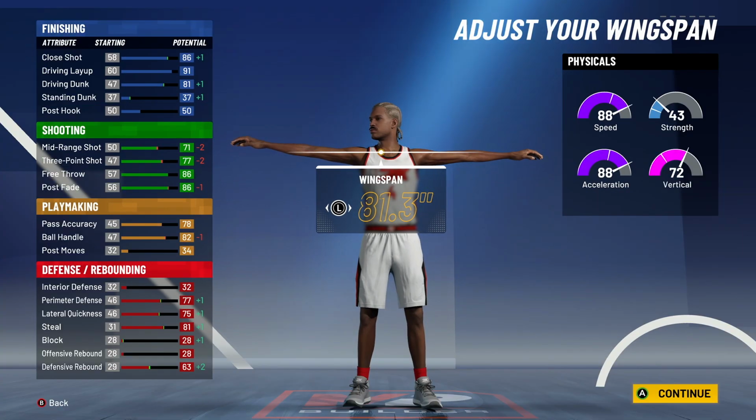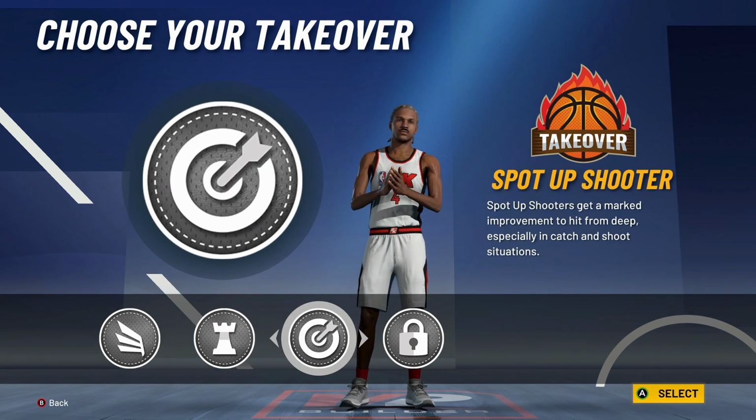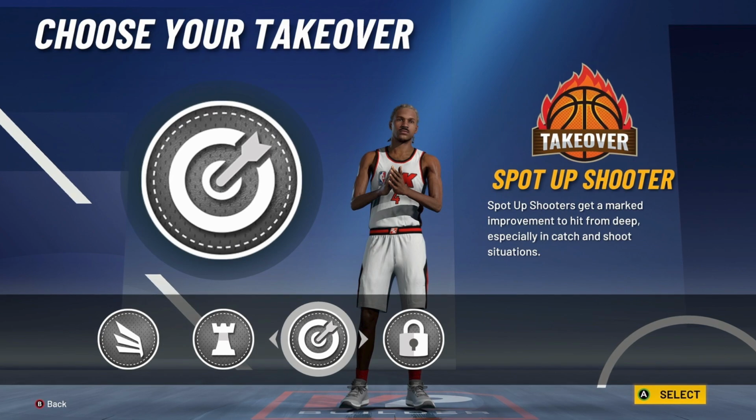All right, next let's hop into the takeover. So for the takeovers, in my opinion, this is the best ISO build in the game. So you got 4 different ones you can go with, which if you want to have a lot better defense, you can go with Lockdown takeover. If you want to be just extremely crazy on the ISO, you can go with Slasher takeover. That's going to make you that much faster when it comes to speed with ball, speed,